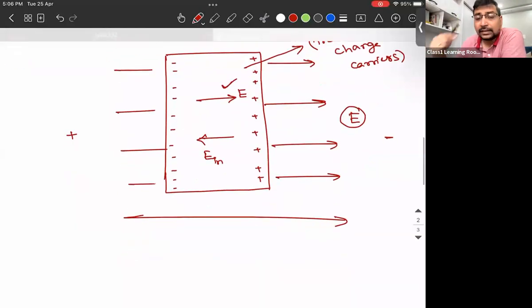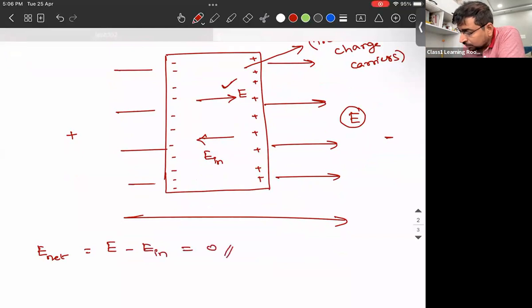Okay, and this process will be very quick, in such a way that when you try to calculate the net value of electric field, it comes out to be E minus E in, which is going to be 0. Okay, the net electric